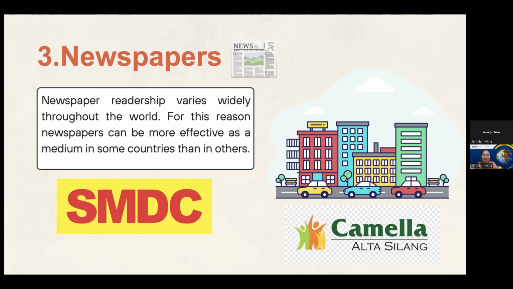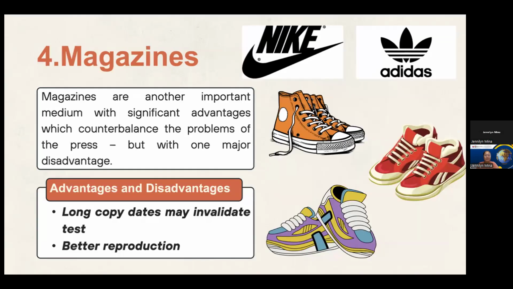Of course, it has broad reach. Newspapers can reach a large number of potential customers quickly, especially in areas where people regularly read local or national papers. This can be particularly beneficial in countries with high newspaper readership, like the UK or Japan. Localized targeting. Developers can select local newspapers to ensure their advertisements reach the right audience in specific neighborhoods. It is cost effective because compared to other advertising mediums like television, newspaper advertisements can be more affordable, especially for reaching local markets.